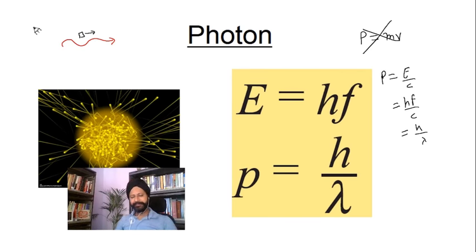So even though the photons are falling on my palm right now, they're reflected back. If there was a tennis ball falling on this and reflected back, the rate of change of momentum is going to be the force experienced by the palm. But in this case, the momentum is so tiny that zillions of photons are falling on my palm, but I don't feel the force as of now. But the force is not zero.